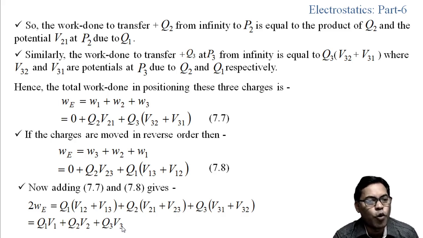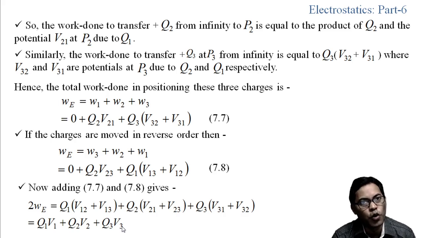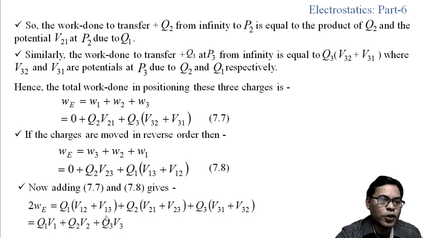Now the question is, why are we taking charges Q1, Q2, Q3, then again taking Q3, Q2, Q1, and then adding and taking the average? The answer is, we don't know which point charge should be taken first. If there are n number of charges present, we don't know which one should be the first charge. That is why for 3 point charges we take 1 2 3, then reversely 3 2 1, then add and take the average. That is why we are doing all this mathematics.